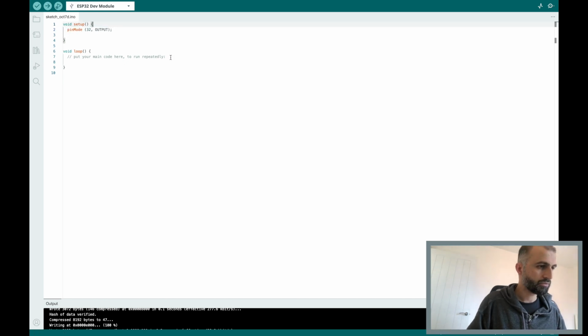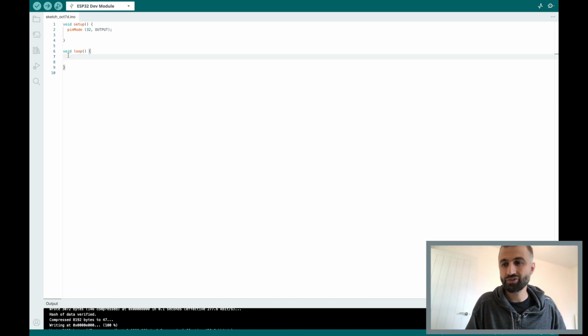And then the next thing we need to do is write some function. In this case, what I want to do is take my LED right here and make it emit light and then go off, emit light, go off. And I'm going to do it every half a second. So how do we do that? Very, very easy. So the first thing we're going to do is write